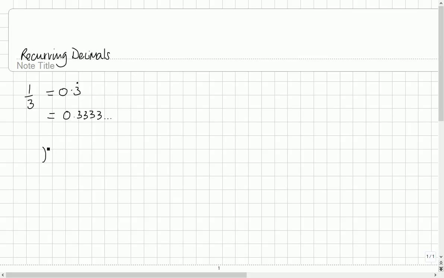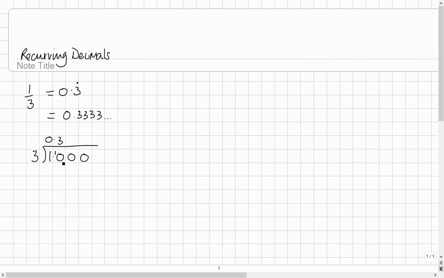So if we take 1 and divide it by 3, 3 goes into 1 no times. Okay, we've got to start remainders. Remainder 1. So let's put in a decimal here. Let's start putting some zeros in. 3 goes into 1 no times. Remainder 1. 3 goes into 10